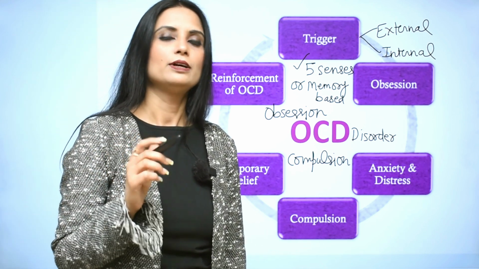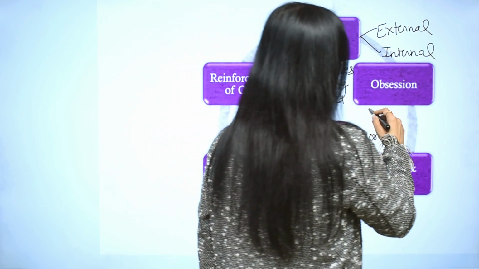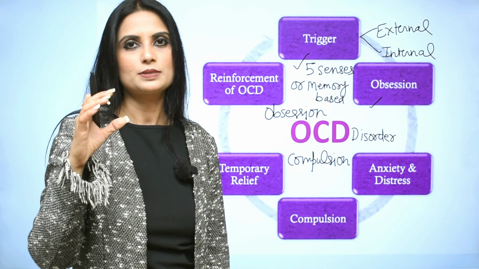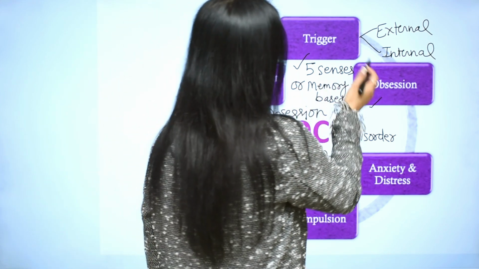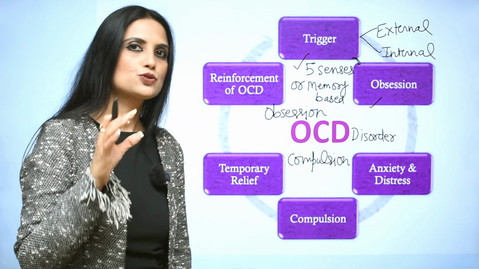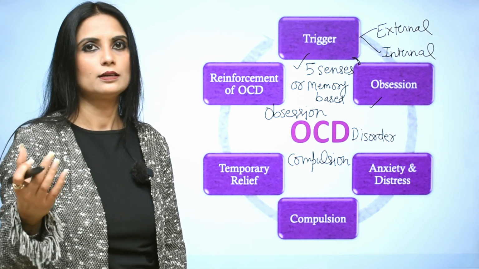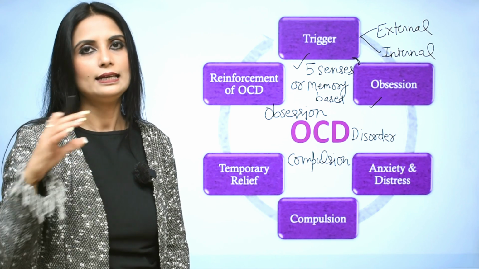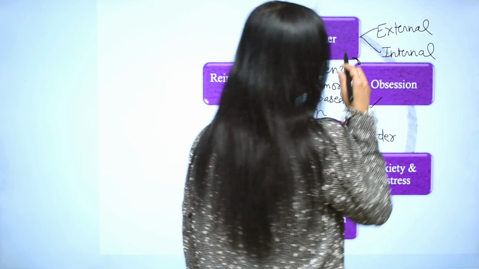So whenever someone is exposed to their trigger, they have an obsession. Something automatically pops up in their mind. So obsessions are in the mind. It means they have a preconditioning with that trigger. So when they are exposed to the trigger, automatically, without effort, suddenly something pops up in their mind. It can be anything. So they have a certain belief about that particular trigger.